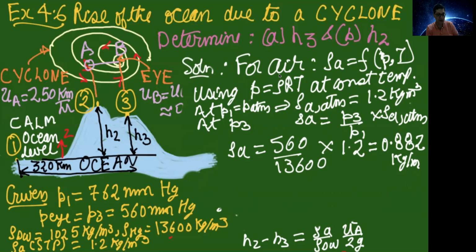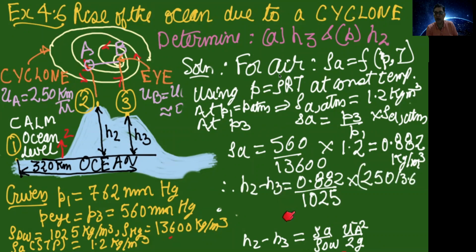This density will be used here, and the density of seawater is given to you. The velocity UA is given to you, it is 250 km per hour. To convert it into meter per second, we'll divide this by 3.6. So H2 minus H3 is finally obtained as shown here, where you substitute rho A by rho SW. This UA square, 250 km per hour, to convert in meter per second, you divide by 3.6 and take it square and divide it by 2g. Once you do that, you can see that